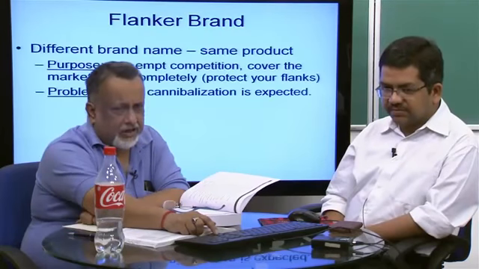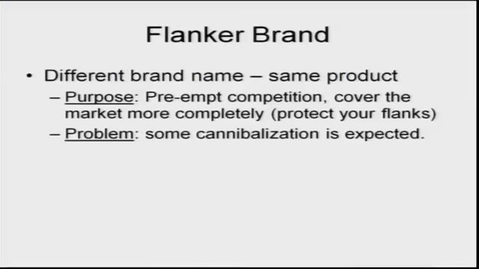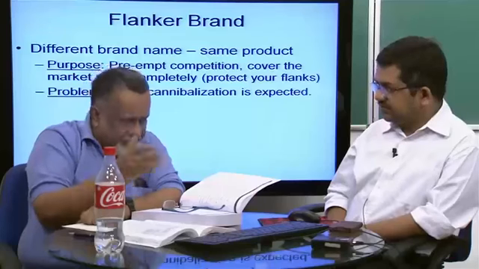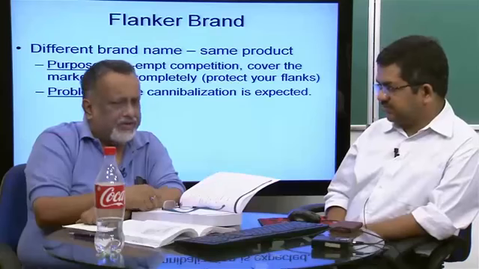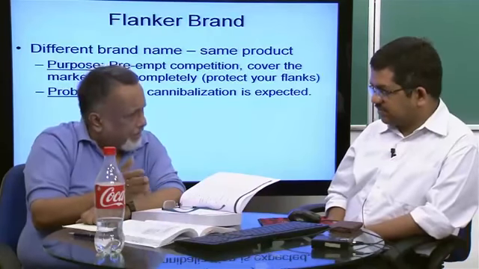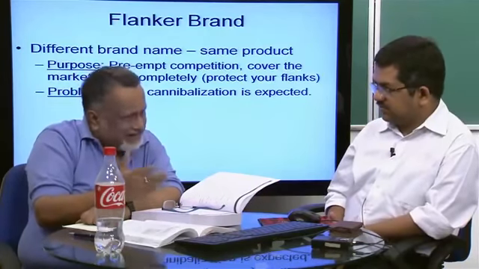So, flanker brands are different brand names, but the product is the same. The core benefit, the core constituent remains the same. Absolutely. So, it is detergent, but you create a different name, so that you actually compete against such brands